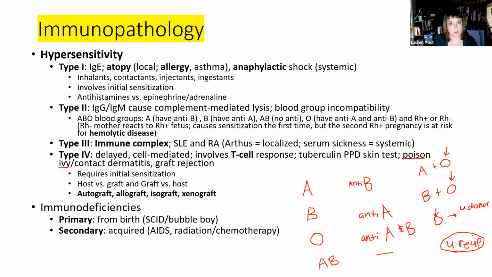So that's the case with contact dermatitis like poison ivy, and that can include other types of dermatitis as well. And a lot of times if you have allergies against something like latex, it's not only IgE in the type 1, it's also type 4. They can both be happening at the same time. So these guys, because they're reacting to the same antigen, the body already saw that as foreign. This also includes graft rejection.